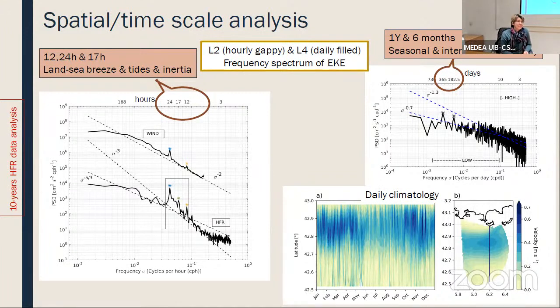I have one question from one of our students who's online. Eugenio, he's also working on machine learning, and he's asking how do you choose the number of neurons? Well, it's a good question. By trying. Of course, if you have fewer neurons, you have less variability. It's like principal component decomposition, actually. So